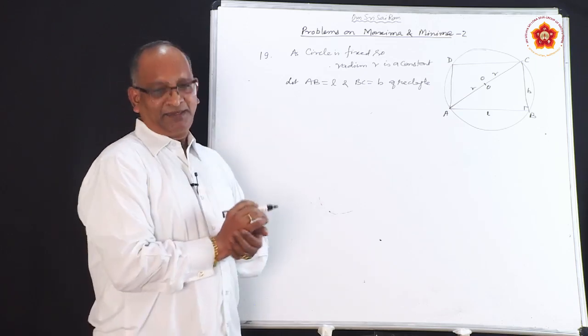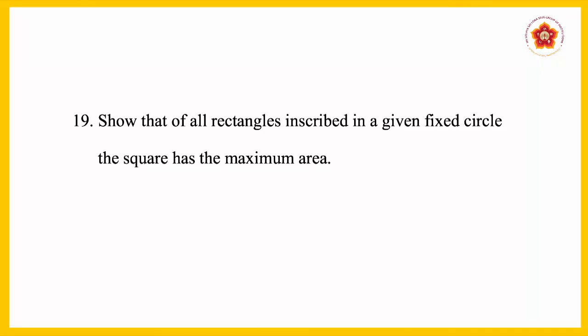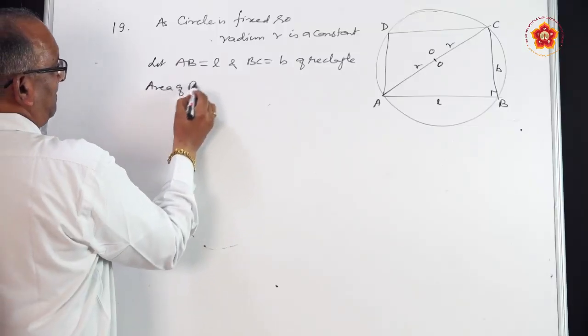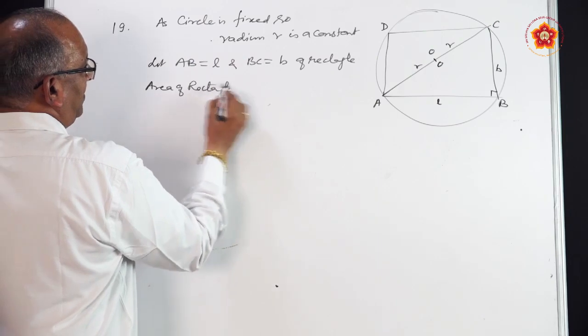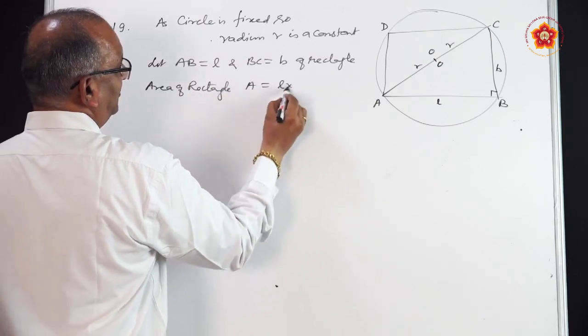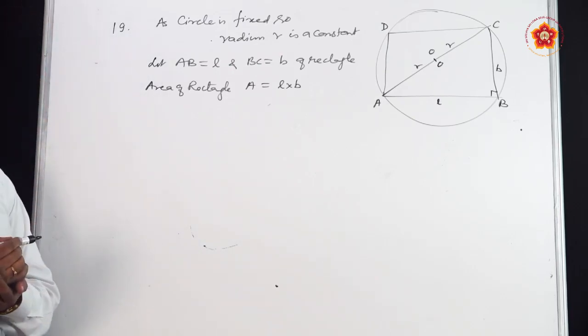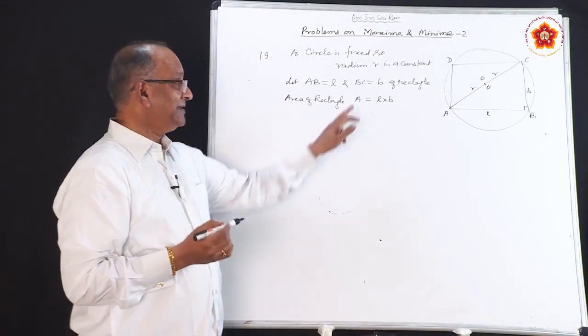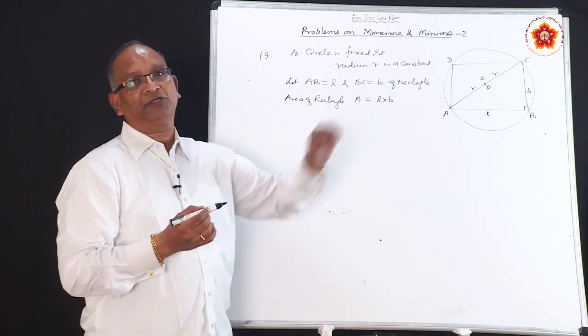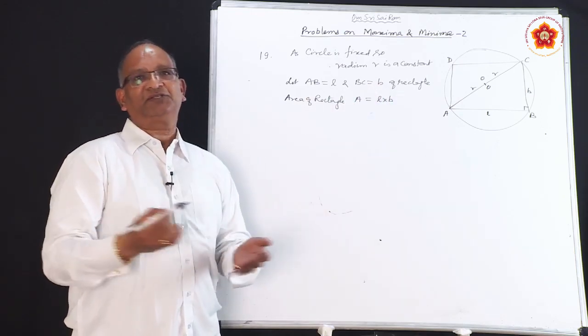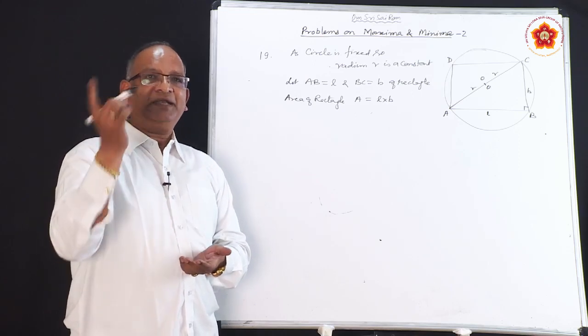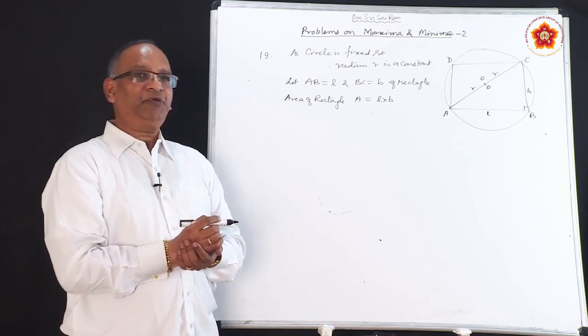He wants the area of the rectangle to be maximum. So what is the formula for the area of a rectangle? A is equal to L into B. This is the formula. So now we have three variables. A is also a variable, L is also a variable, B is also a variable. So whenever such a situation comes, what do we do? We change one in terms of the other. How do you change it?